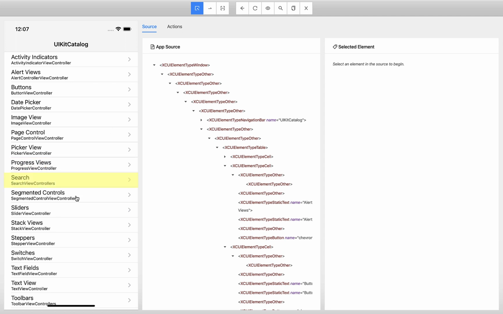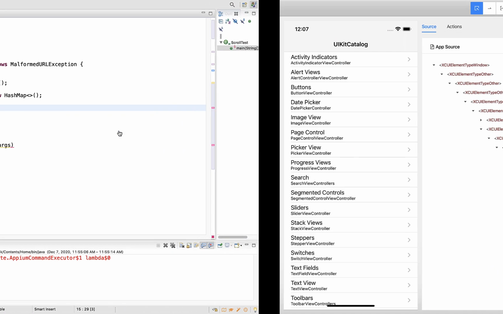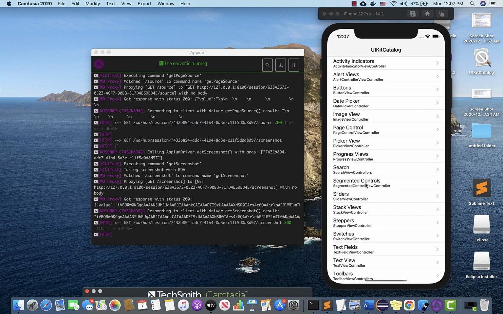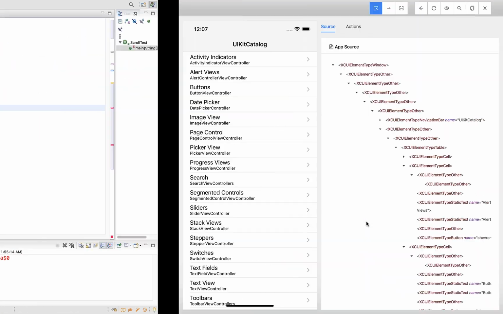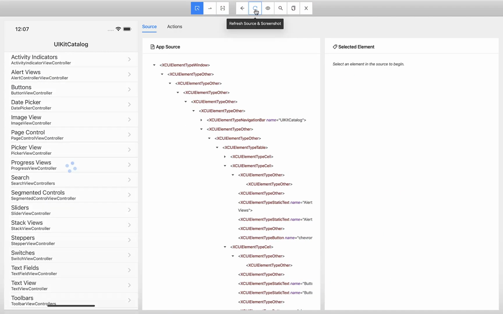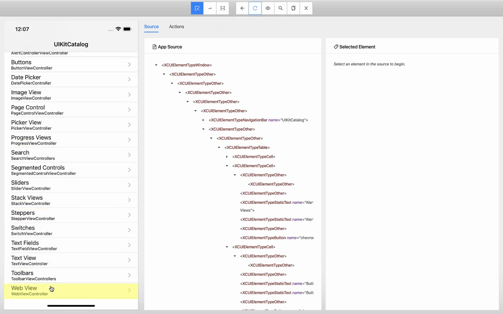Right. You see that? I want to scroll until web views. So right now I cannot scroll that because the screenshot of the page has been captured. So it is still until here only. So what you can do? Come back to your mobile emulator, scroll up, and make it visible, and then again refresh your inspector so that it will take a screenshot of your current mobile emulator. You see, now web view is visible.